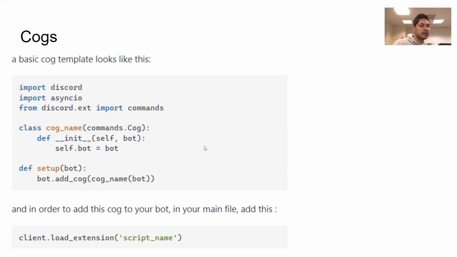And then we say class and the name of the cog, whatever you want. And we need to have this parameter so that Discord knows this is part of our bot. We always have self.bot equals bot in our initializer. And we always put the same thing here, bot.add_cog, whatever the name of the class is, and bot.